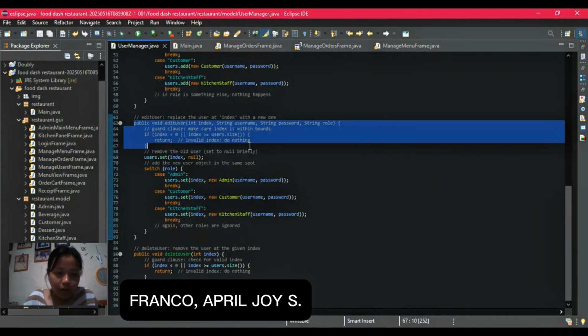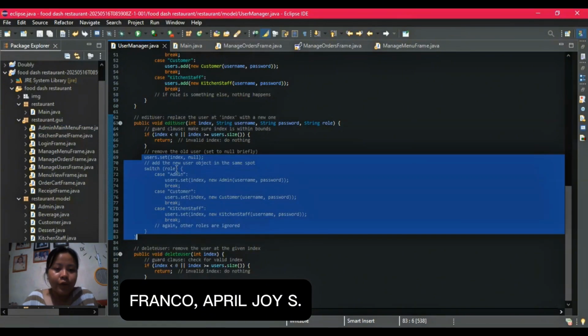So for this one, the user at the index is set to null. It removes the old user, set to null briefly, then switch role. It adds the new user object in the same spot, like the admin, customer, kitchen staff, then again other roles are ignored. So onto the next one, we have the